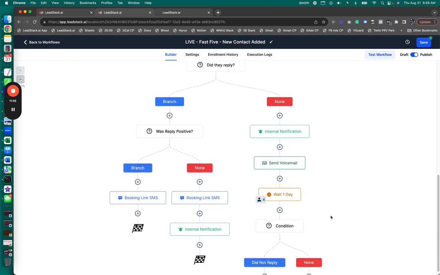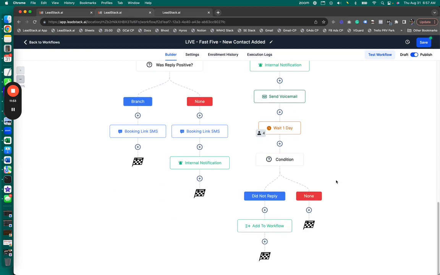So now I made sure they know that we are available. We are here to help you. And that's powerful because it makes you look professional. Even if you have this set up one time and you're a one-man shop, all of these things look professional for you and your business. Okay, it's powerful for conversion. Trust me on this. Now, I have an additional wait 1 day, and in condition, if that entire day that